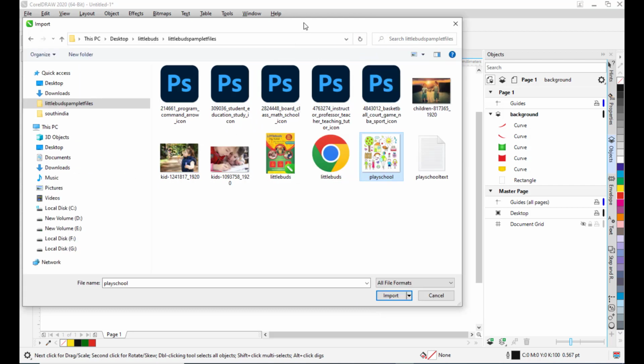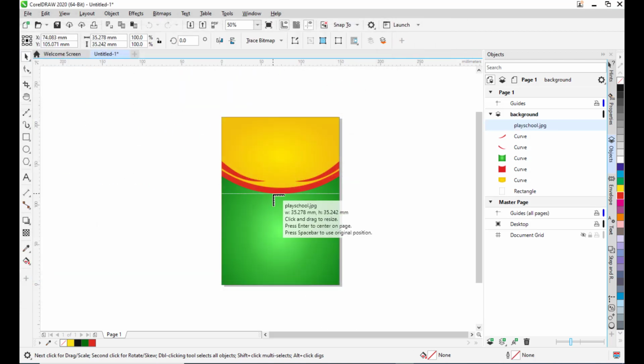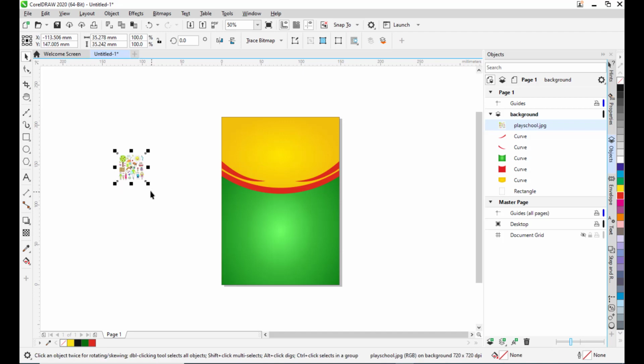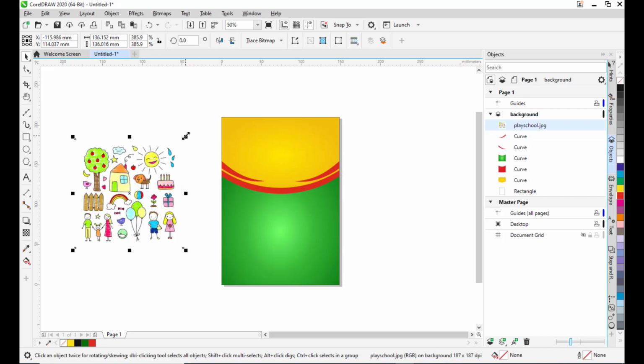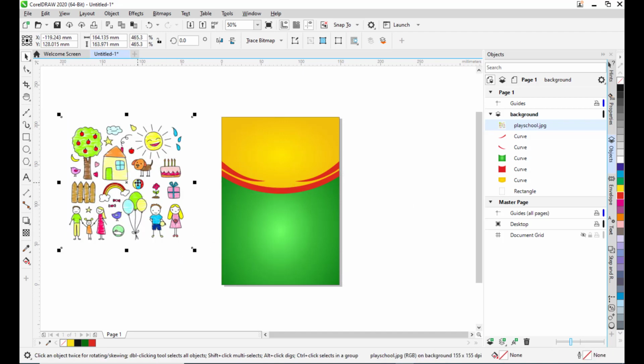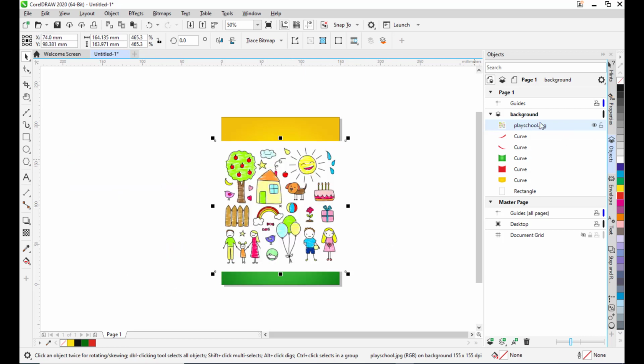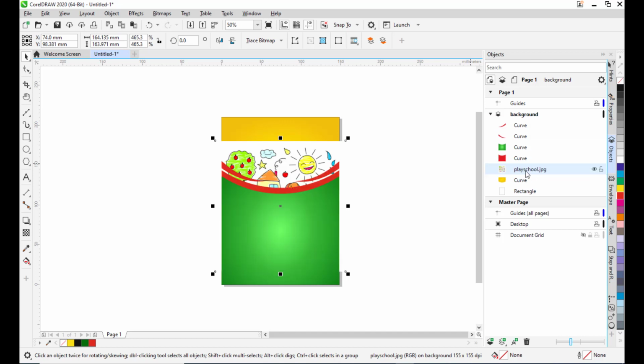We'll select the image and we'll import it. So we'll select this image and we will drag this image just below this red color background or red color design,